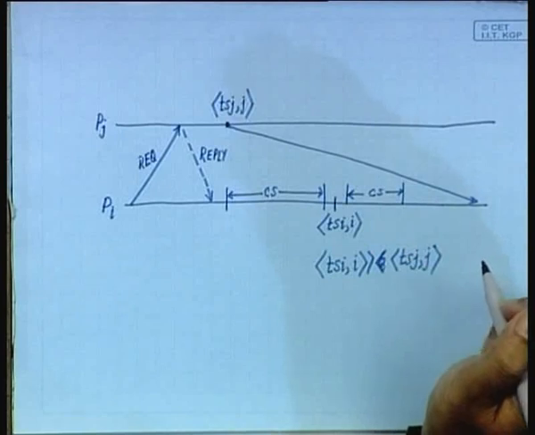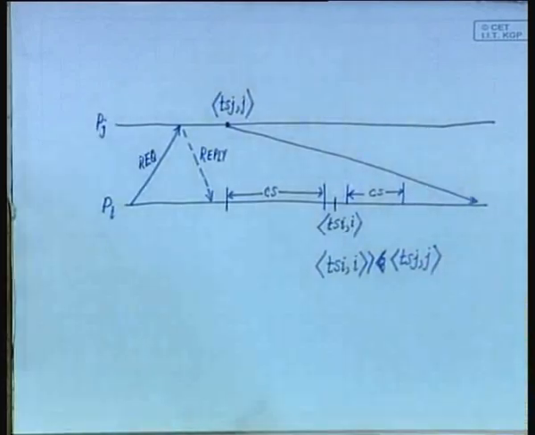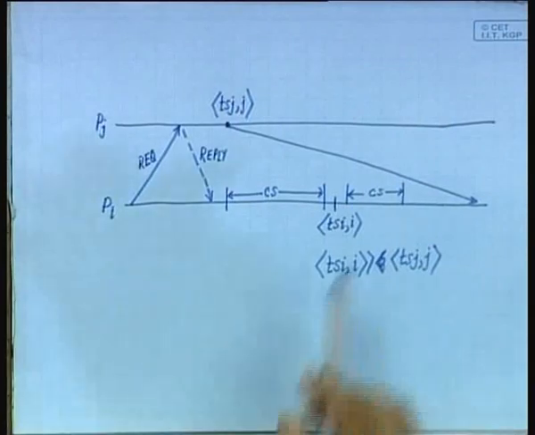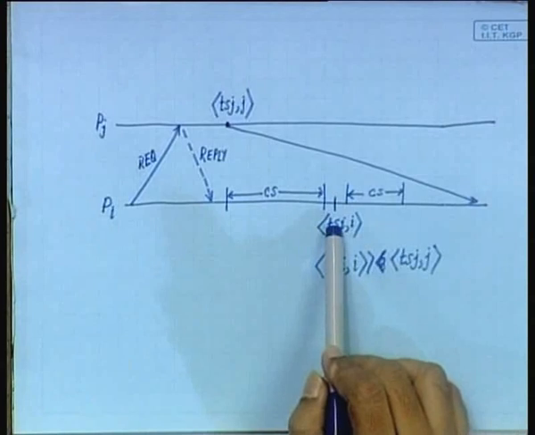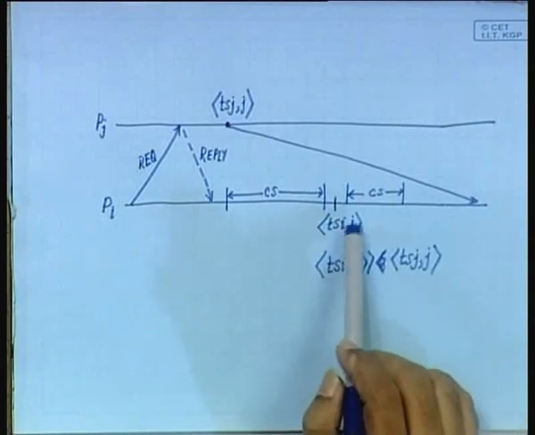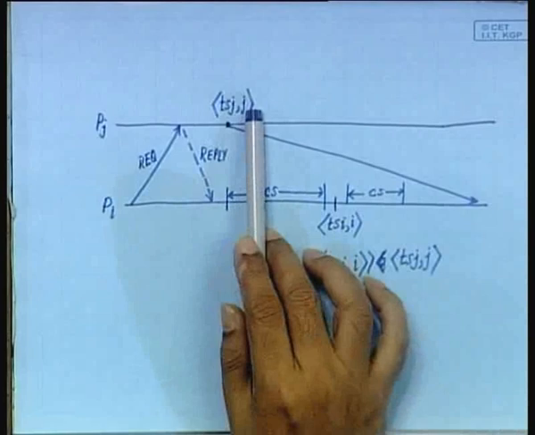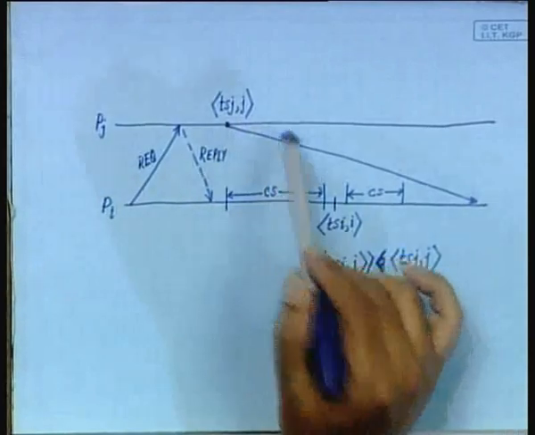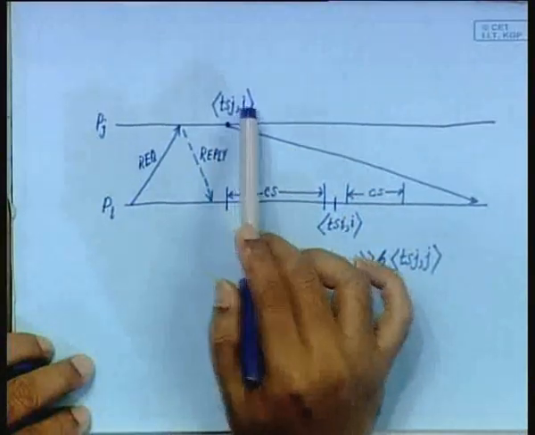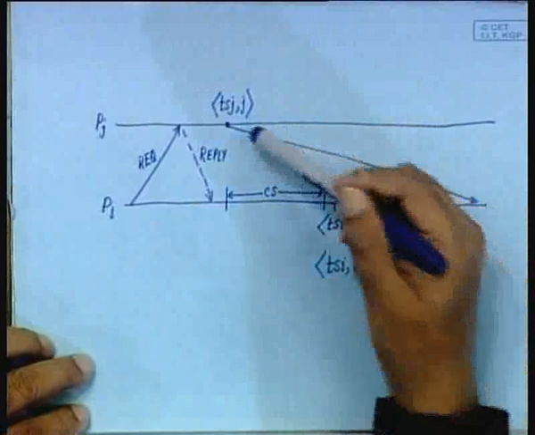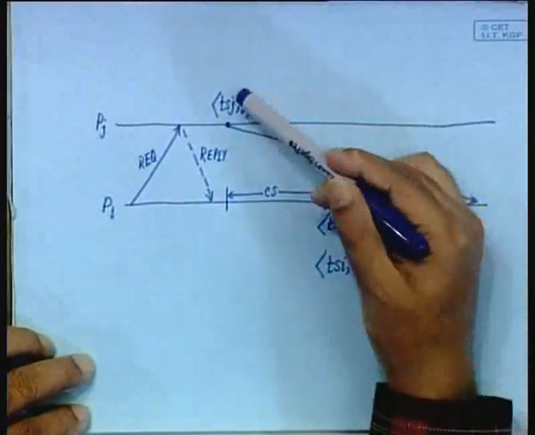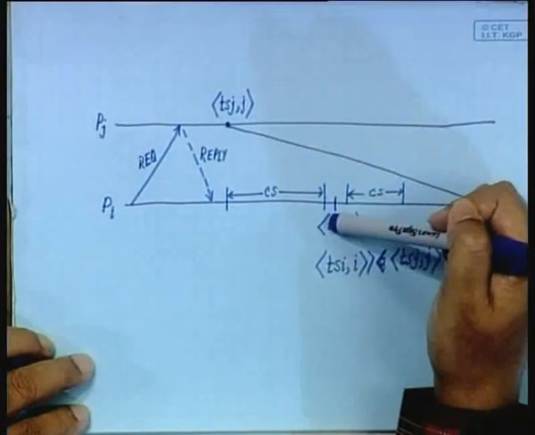This is the question that you are asking, right. Now this is possible provided that this is updated in a way that this can exceed TSJJ, right. Now how can that happen? That can happen actually, because in Lamport's clock these two events, this request and this request, are not causally ordered,